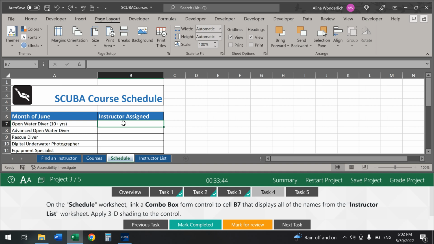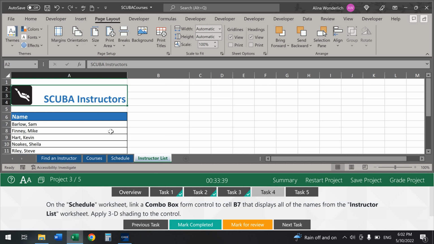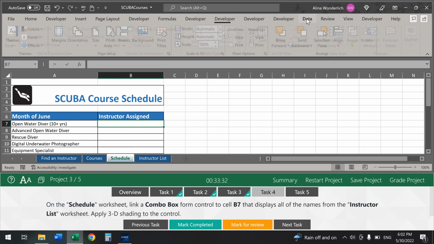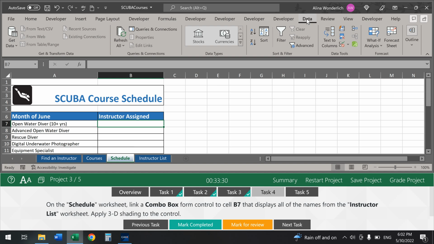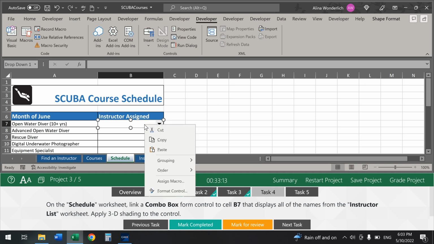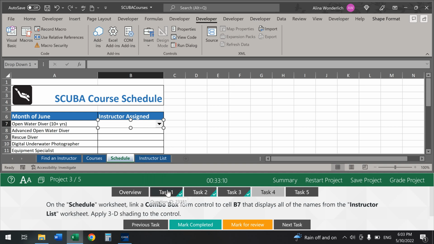Task number 4, on the schedule worksheet, link a combo box from control to cell B7, that displays all of the names from the instructor list. Apply 3D shading to the control. So every time we hear that, that means we need to go to the Developer tab, and we need to go to Insert, Form Controls, Combo Box. Then we're actually drawing out a little box. We right-click with our mouse and we do Format Control,